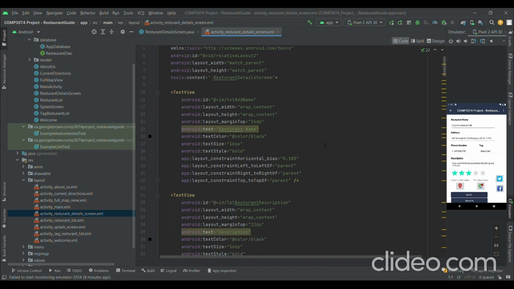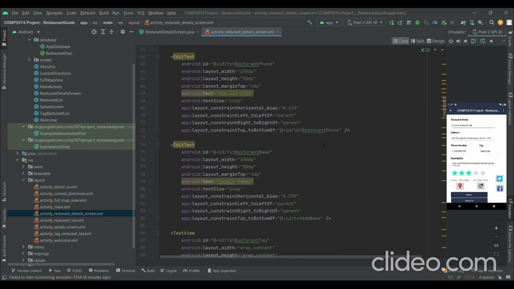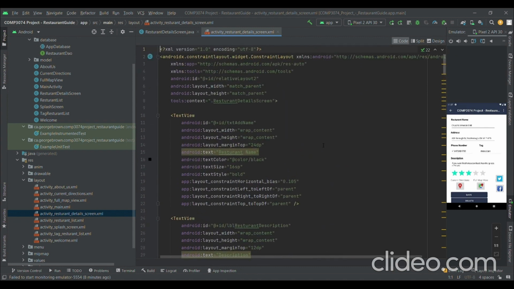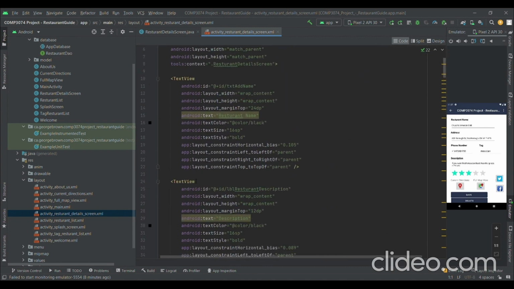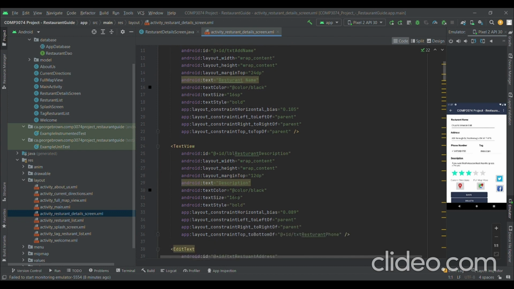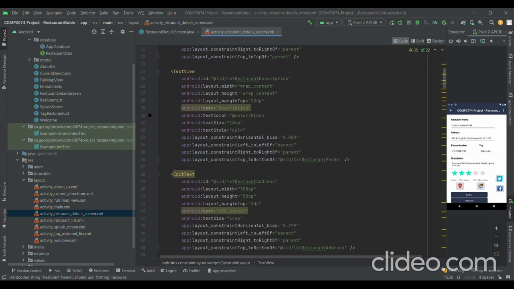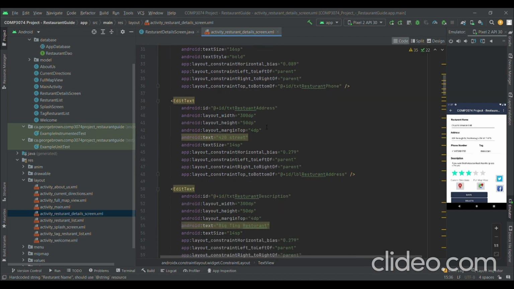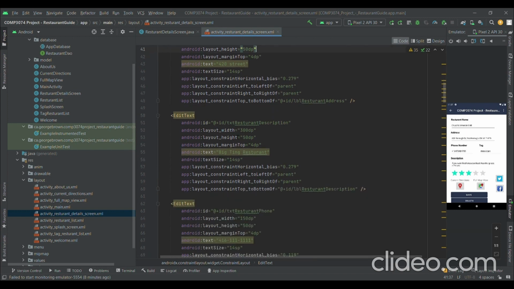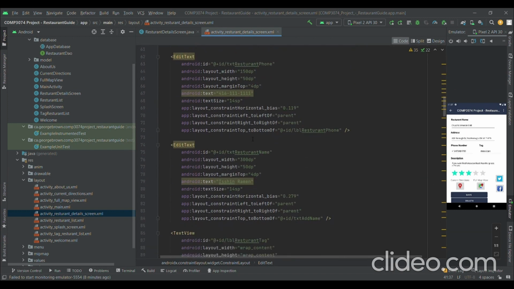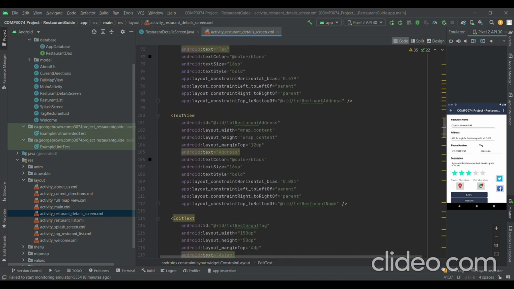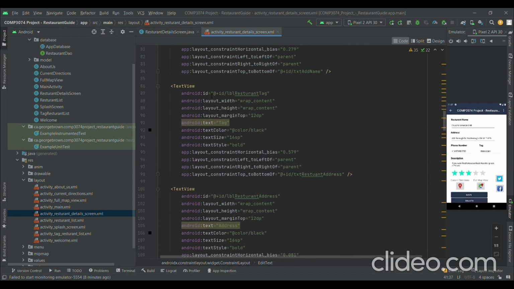So we go in the code of this one. All the fields are the same, like text view, and all these text views are almost the same. Just the text name is different for all of them, and some things like height and width are different. All the other things are the same. And as we move on, there's also similarity between the text views of all the fields,